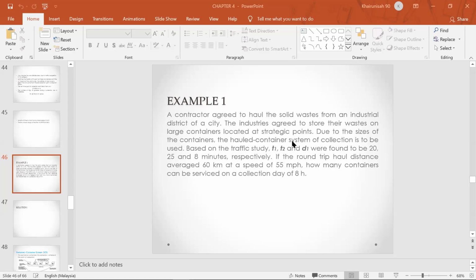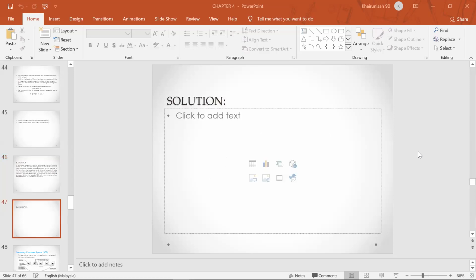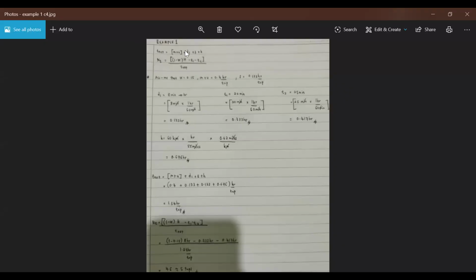So based on this question, we are supposed to make several assumptions to complete it. For the solution, I will share the solution sheet with you. Okay, these two formulas you need to use to complete this